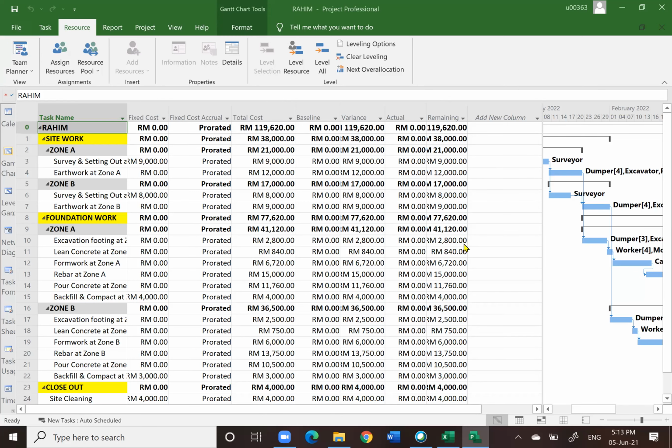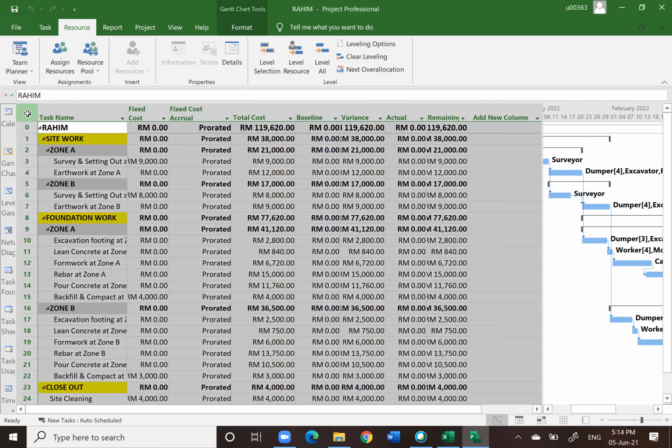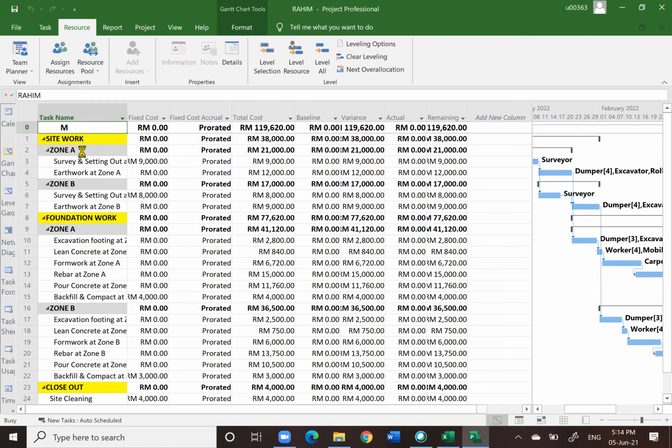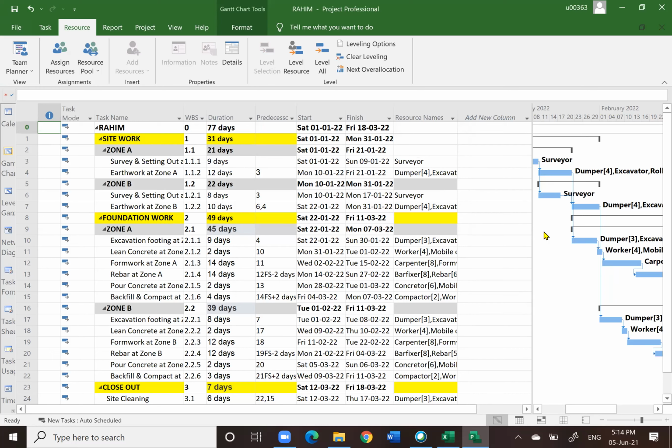Okay, now let's continue. Okay, so we are going to close this file, but before we close, let me go back to this from the start again. Okay, so if you want to create the work program, first thing that you need to